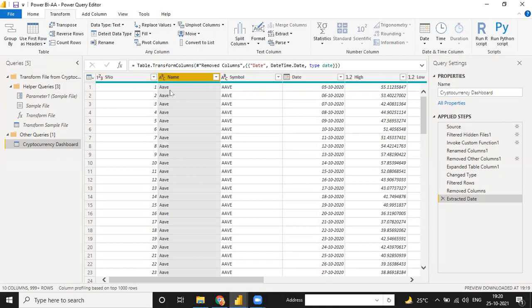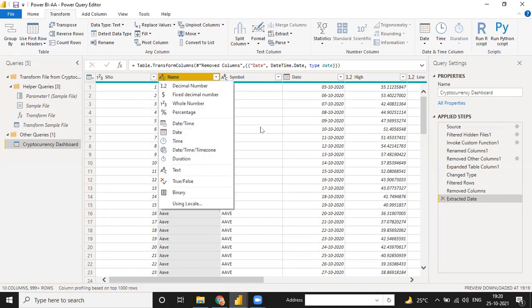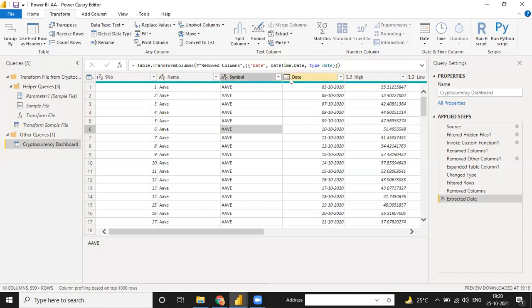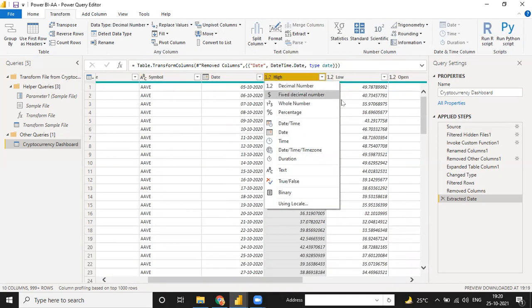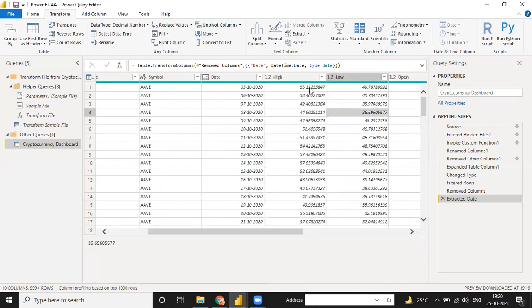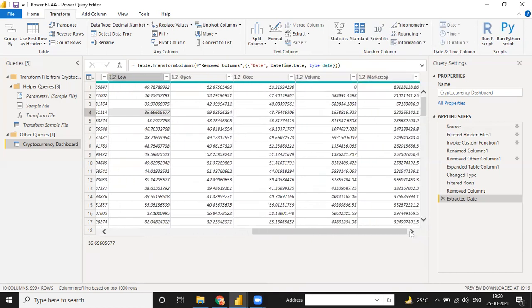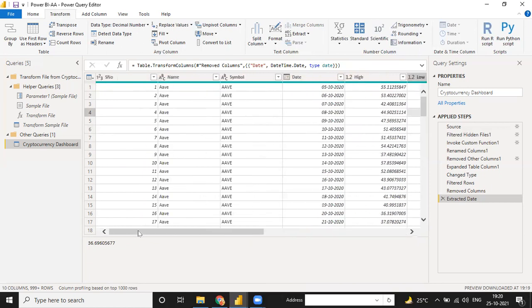See, right now it's name. So name should be in text value. So this is text. ABC, it's a text. Same as symbol, it's a text. Date into the date format. And see, in the high, low, and this, when you click on this, it is showing as decimal. So when you see, the point will be at decimal. So it is okay. So high, low, open, close, volume, all the things are okay. So we don't need to do any transformation into this. Only date, and second we have removed the column name like sheet names.